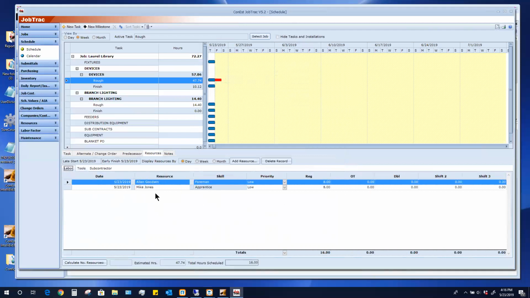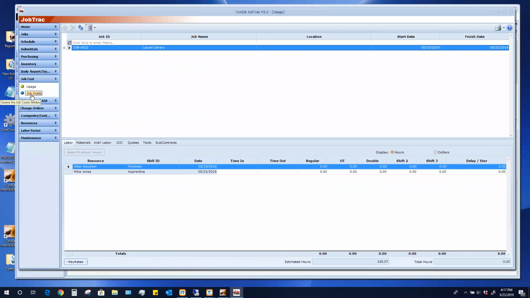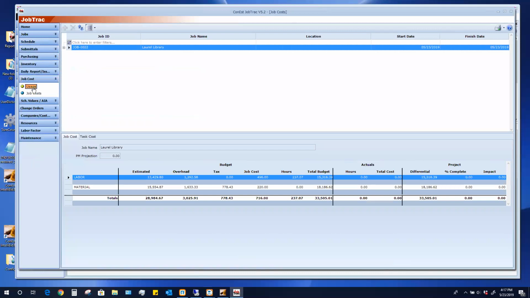So I'm going to go back to my labor. I have my labor out here. So once I've set these up, again, it's up to me if I'm going to set them all up at once, and maybe I'm not. Some of these things are not happening for several months away, or however I intend to do that. But right now I have my rough. So on the rough, I am going to go over here to my job cost, just so that we can see that. So if I go to my job cost report, and under the job cost, under the usage report,